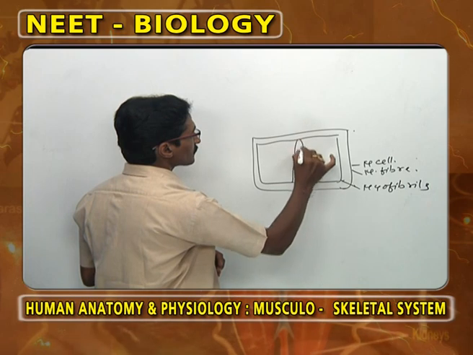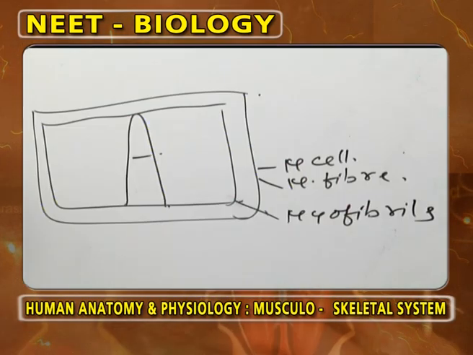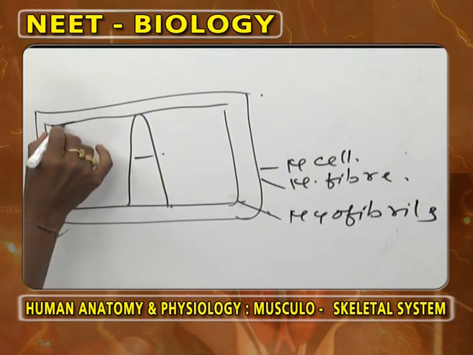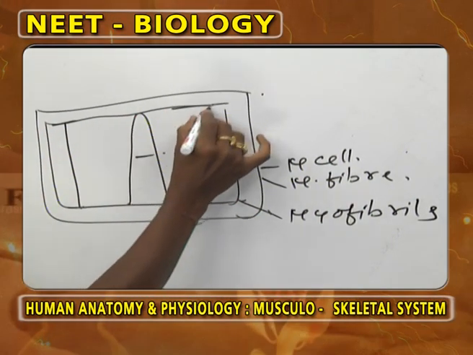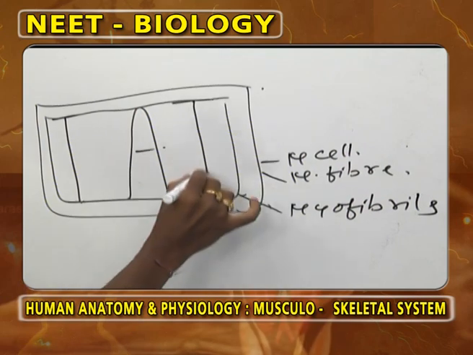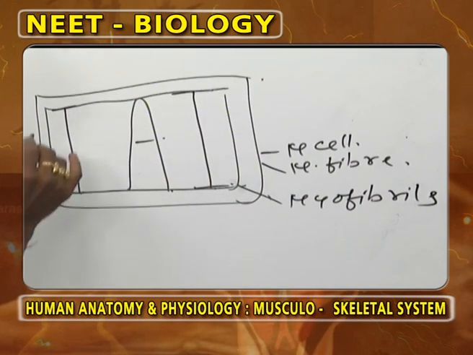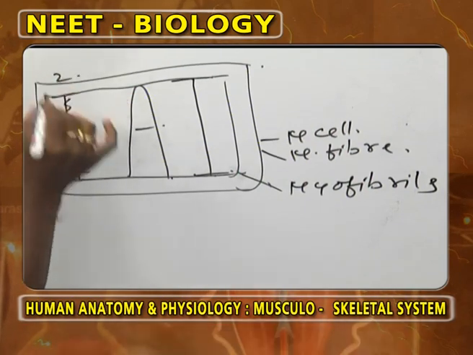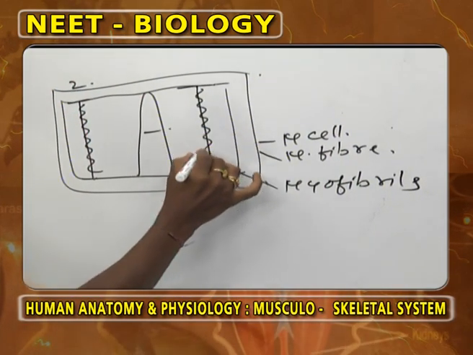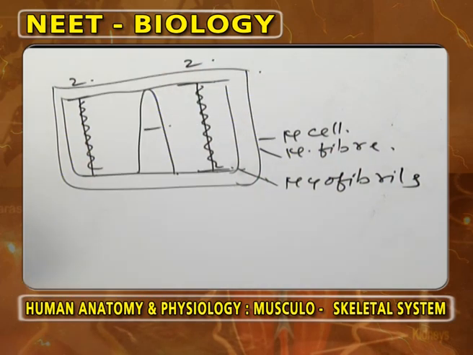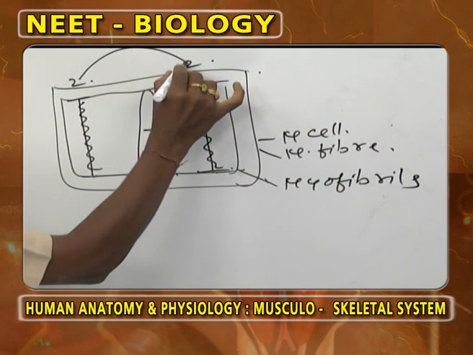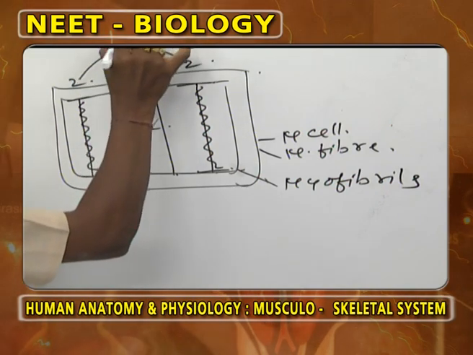This is A band. This is I band. Another I band. The I is divided into two by the Z line. The distance between two Z lines,